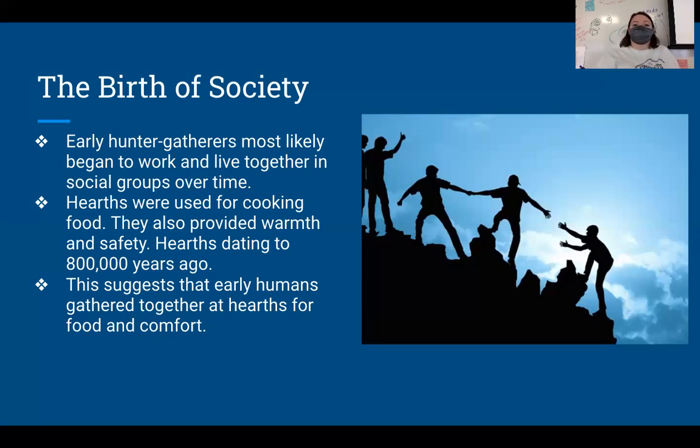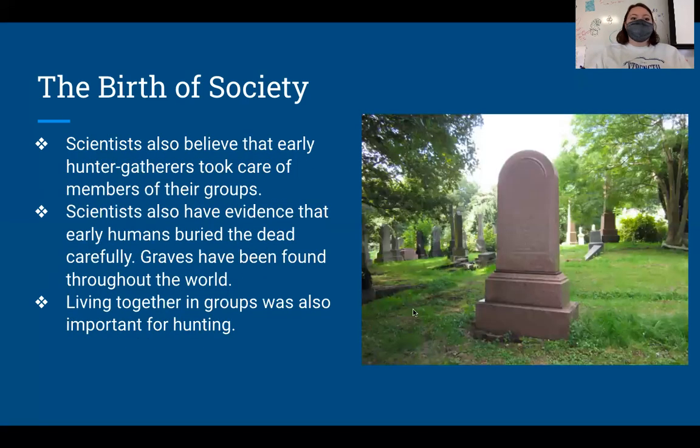All right, looks like we're ready to move on. All right, perfect. So the birth of society and the birth of these social groups lies at the heart of this hearth, or, that kind of makes sense because it kind of looks like heart, right? The birth of society and the birth of these social groups lies at the fact that you can come together around fire for a variety of different things to create this social group, okay?